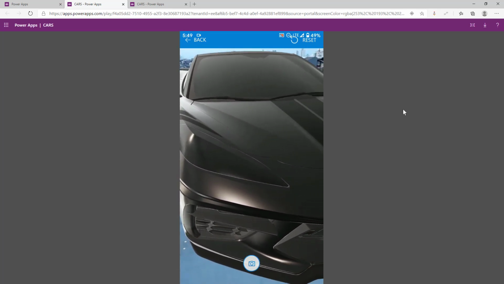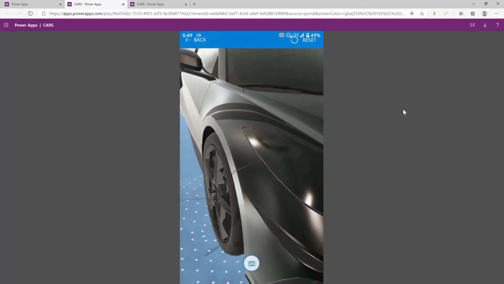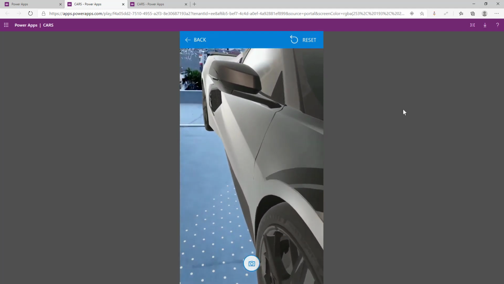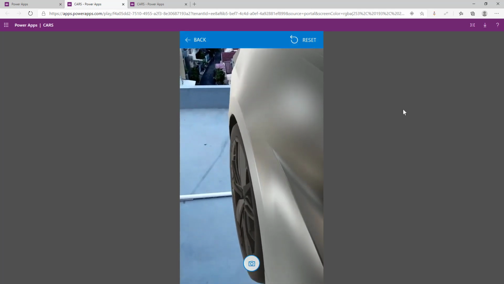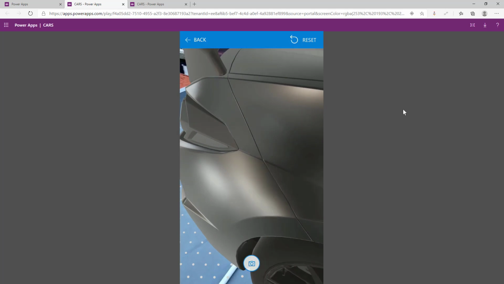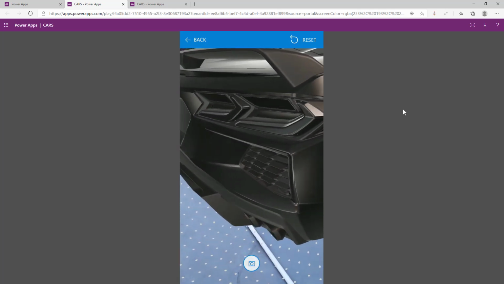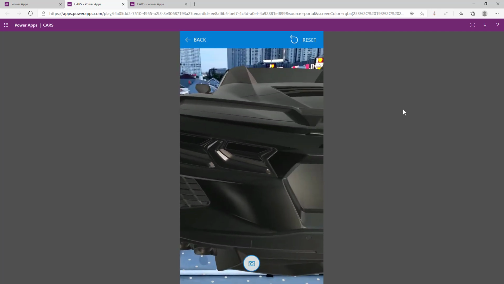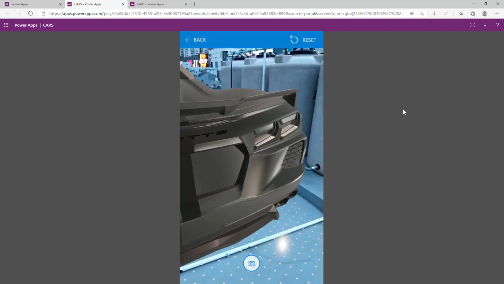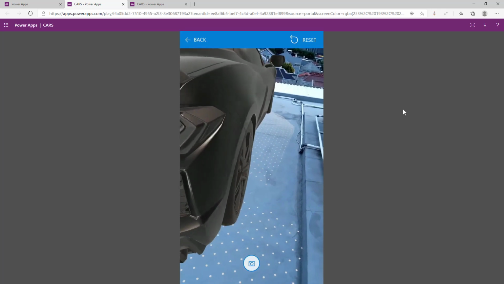So this feature is very useful, especially during this COVID-19 situation, where the customer cannot visit the showroom to see the real car model. Actually, the idea is the salesperson can just go to their house and use the Power Apps with the mixed reality capability, and we can show them the look and feel of the car that they want.